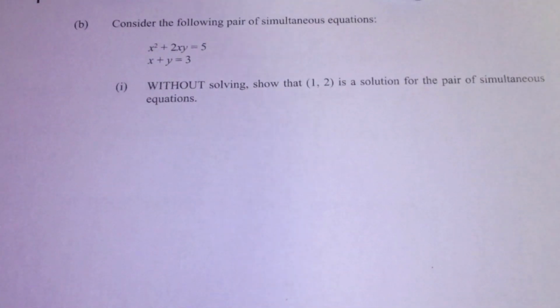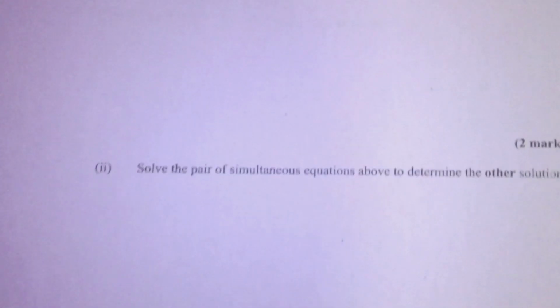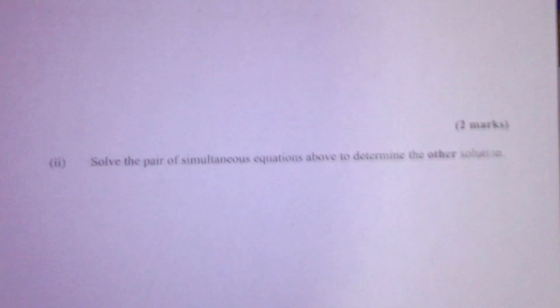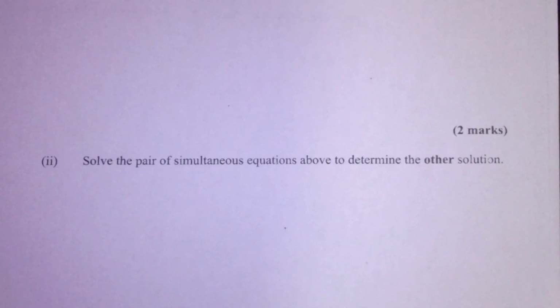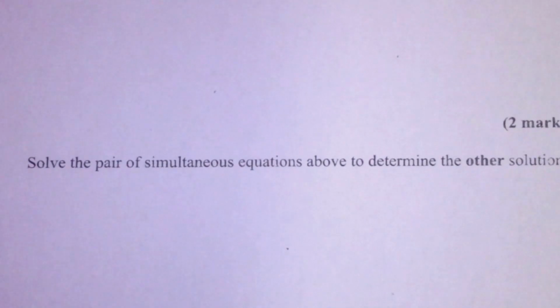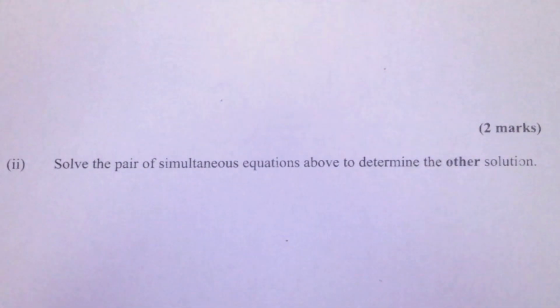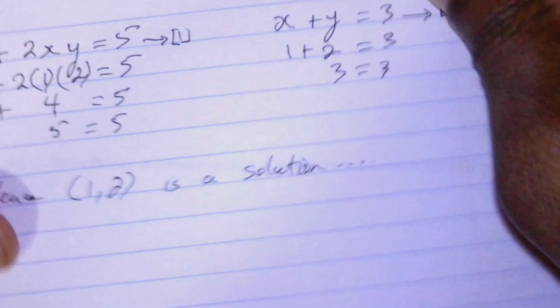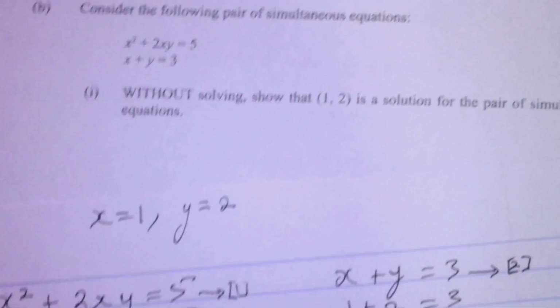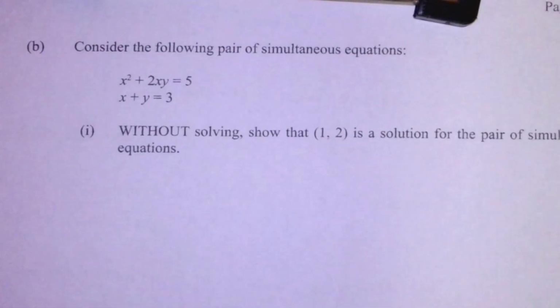Alright, so the next part of the question asks us to solve the pair of simultaneous equations above to determine the other solution. So there's another solution, not just the (1, 2), but there's another solution. So let us do that one. Okay, let's just do that one right now. So for us to solve this pair of equations,